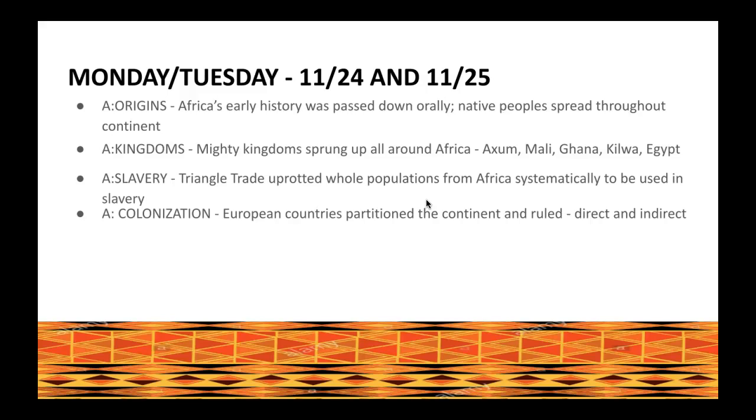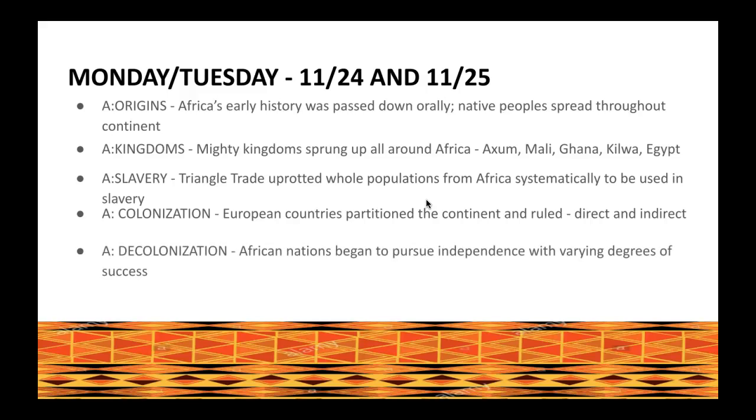What's interesting about this point is that it's directly related to what happens next with colonization. European countries partitioned and drew up different lines and boundaries in Africa, especially after many major power player countries met at the Berlin Conference. So, through direct and or indirect rule, these European superpowers had their hand in Africa for many years. But it wouldn't last, because then would come the age of decolonization. Decolonization is basically the opposite of colonization, and African nations began to pursue paths towards independence with varying degrees of success. Some were more successful than others.